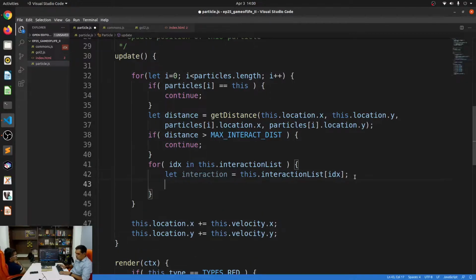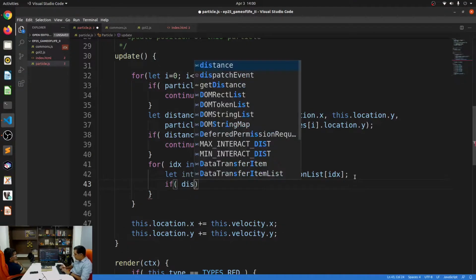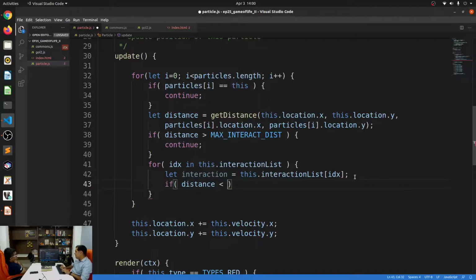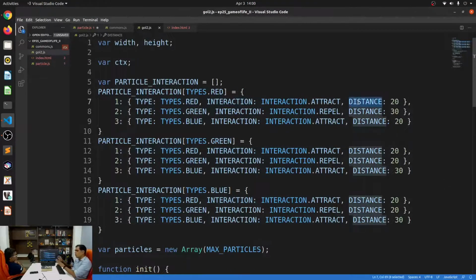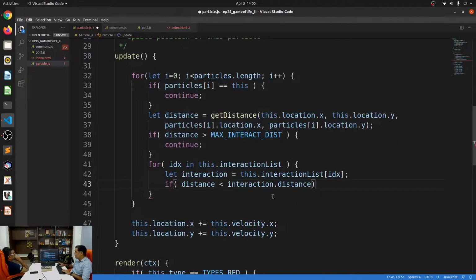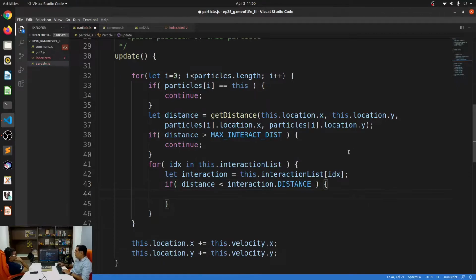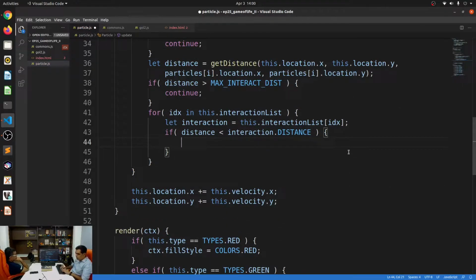Okay, so I'll say if the distance is less than interaction.distance. Remember that each particle works with another particle at a specific distance, and we only have to do it within that distance. So if the distance is less than the interaction distance, only then do the thing.